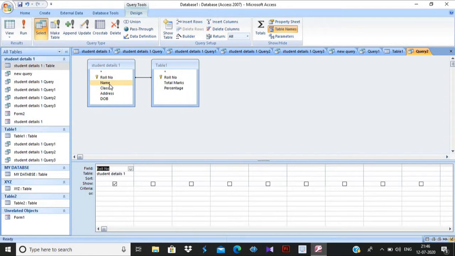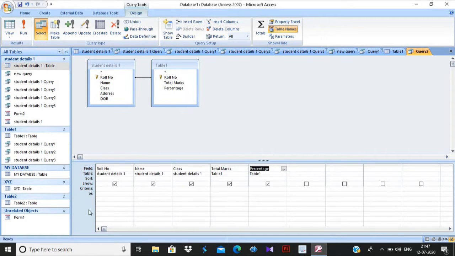Next I want the name, I double click on it and it comes in the second column. If I want class also, I click on class. If I don't want address and date of birth, I will leave them. If I directly want total marks and percentage also, I can click on them. Roll number is written here.